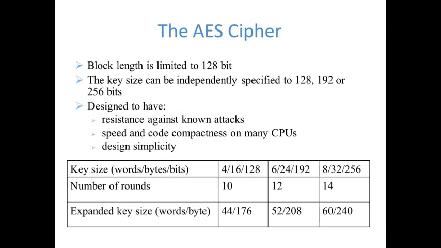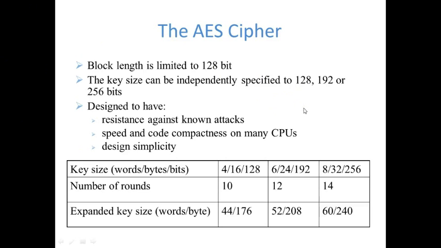Okay, let's go with the AES cipher by Rijndael. This is one of the predefined and the most popular encryption standards, advanced encryption standard. Rijndael proposed this AES, which defines a cipher in which the block length and the key length can be independently specified to be 128 or 192 or 256 bits. These AES specifications use the same 3 key size alternatives but limit the block length to 128 bits, and